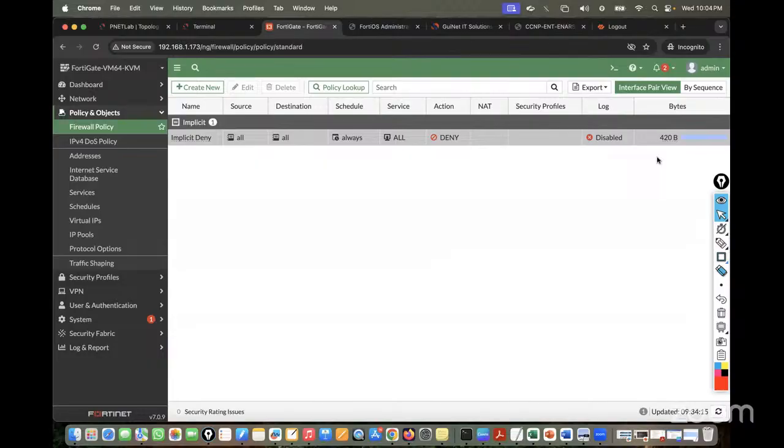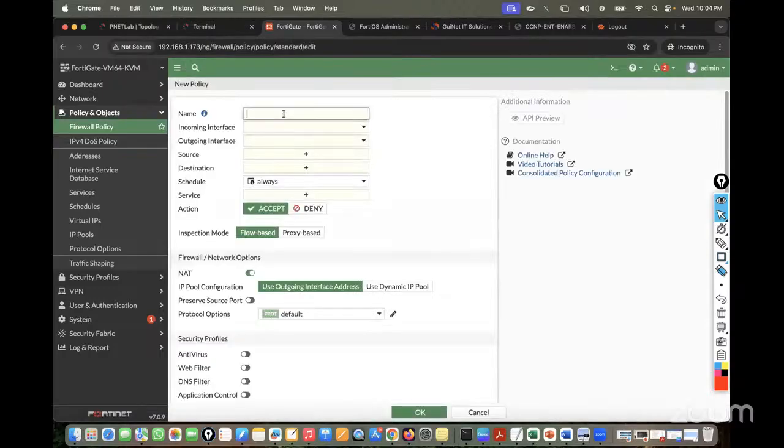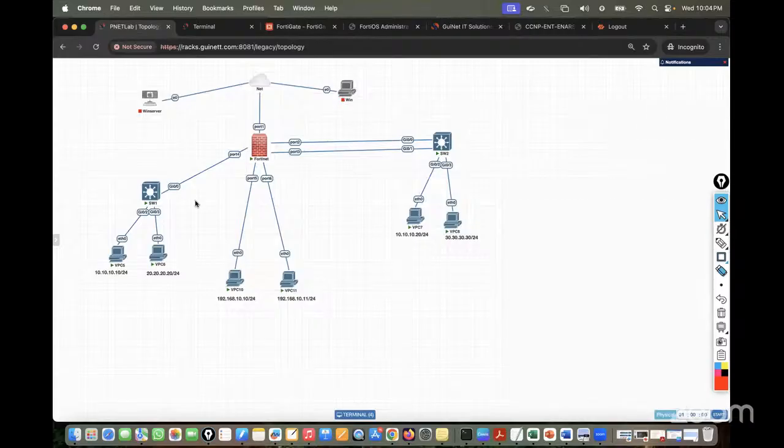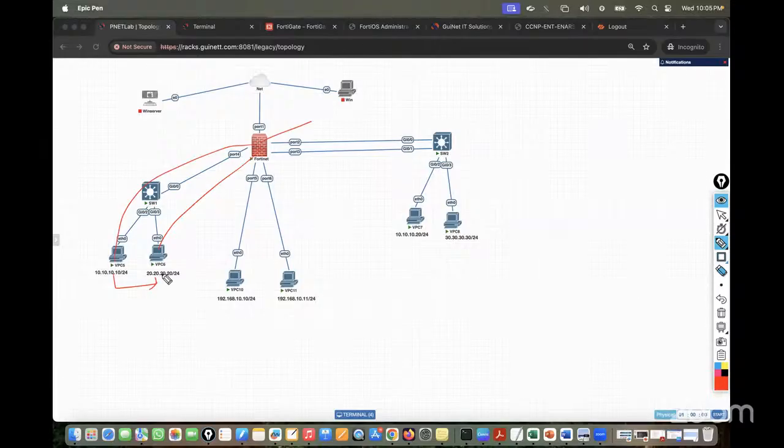सो हाउ वी कैन अलाउ दैट? सो आपको अलाउ करेंगे, यहाँ पॉलिसी पे जाओ और यहाँ पे लिखो VLAN 10 टू VLAN 20 पॉलिसी। ठीक है? सो देखो इसमें होगा क्या, कि अगर आपने एक पॉलिसी बनाया कि भाई मेरा VLAN 10, 20 से बात करे, तो ये बात कर लेगा, अगर यहाँ से इसको पिंग करोगे तो इट इज गोइंग टू वर्क। बट अगर VLAN 20 से 10 को पिंग करोगे तो इट इज नॉट गोइंग टू वर्क।